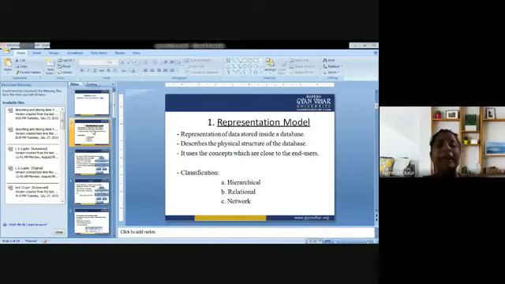Hierarchy means there are certain levels defined, like top level, middle level, and bottom level. There are various rights associated with various levels: what type of users will raise queries, how their queries will be handled, and how their queries will be responded to. That is concerned with the hierarchical system.